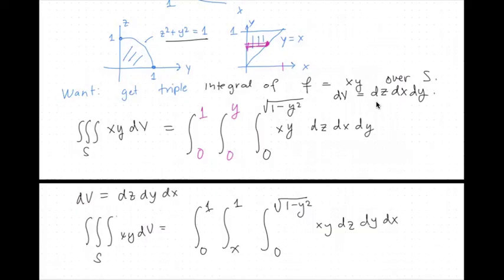And in this case, when we look at dy dx, y in terms of x, the upper bound is just the constant 1, and the lower limit of integration is y in terms of x, this is x.